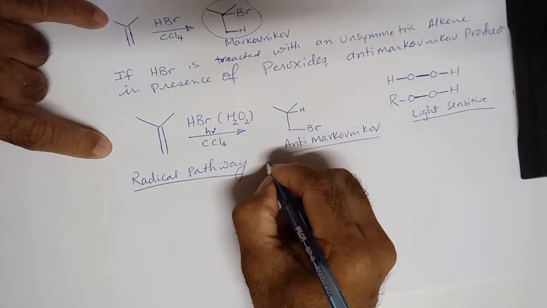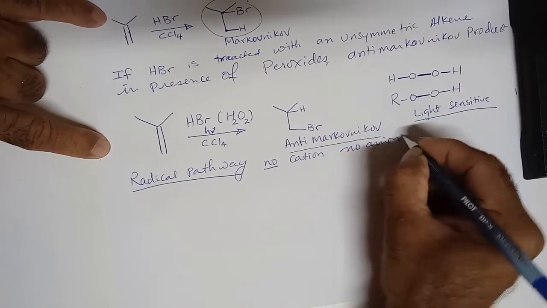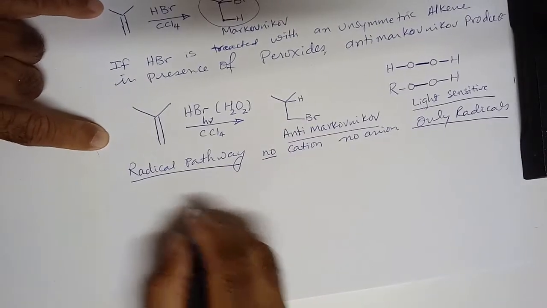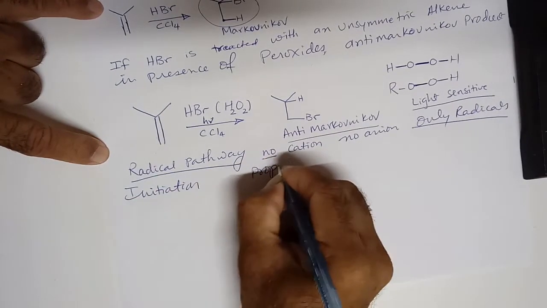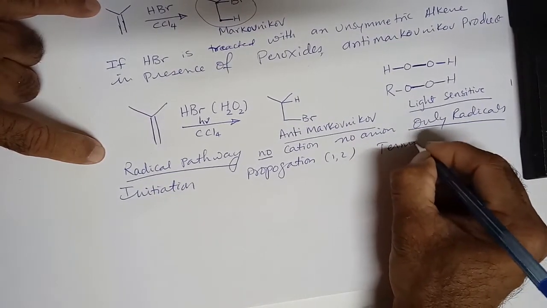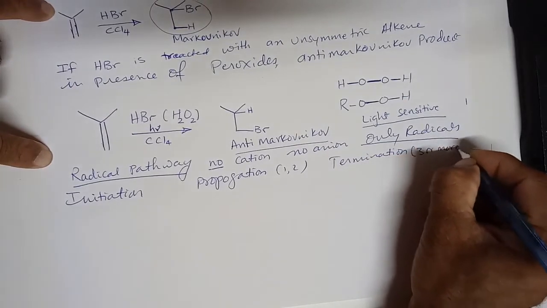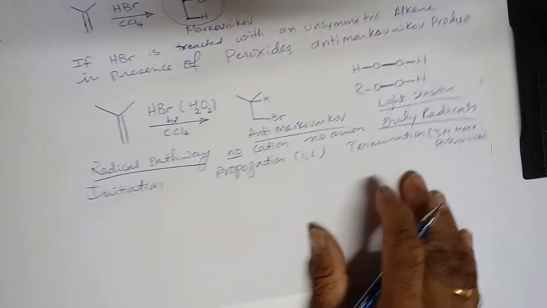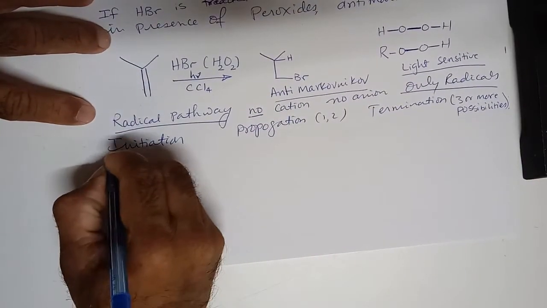Whenever there is a radical pathway, there is no cation, no anion, only radicals, right? That means now we have initiation, propagation, of course two of them, and then termination. Typically there are many choices, 3 or more possibilities, right? So how do we approach this radical pathway? Well,